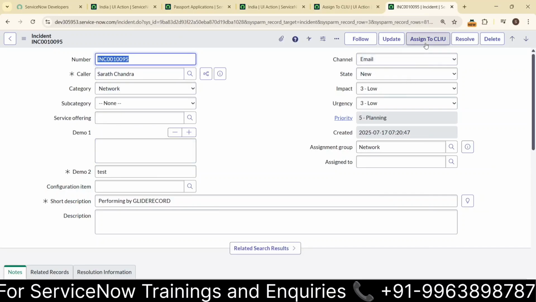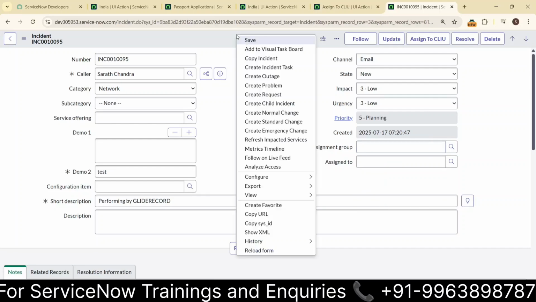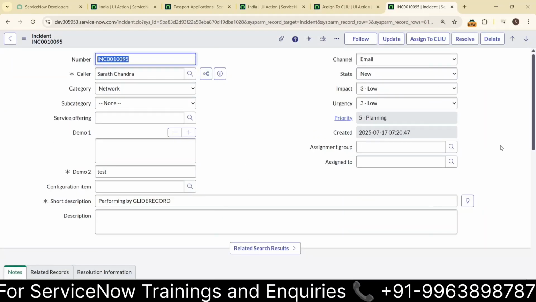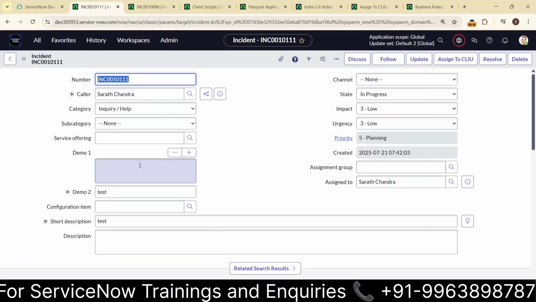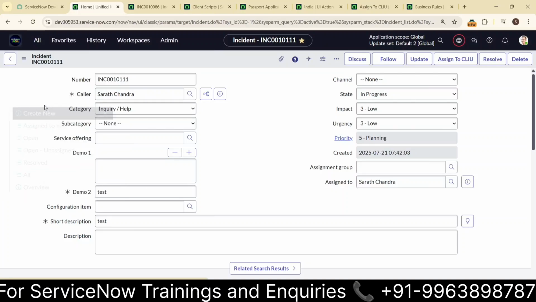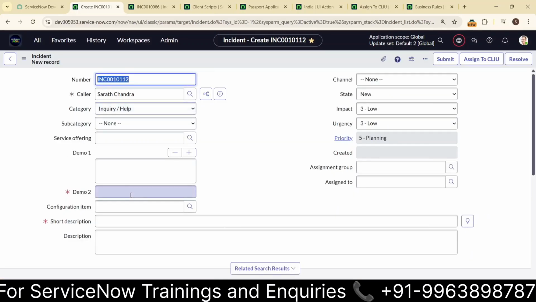We can see a button called assign to current logged in user. If I click on this button, it will assign the ticket to the current logged in user directly, because the user should be present in the assignment group. Like network is right now a group. If I remove this part and save this record, then open the incident record, click on filter navigator, create new, or you can open any existing record also. Right now these are the mandatory columns. Fill these values,